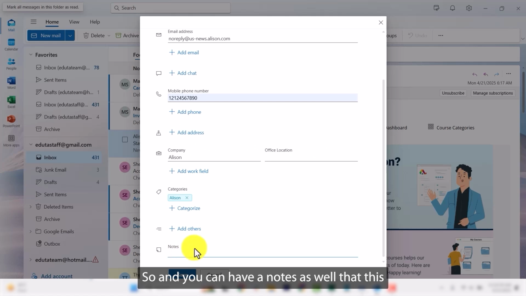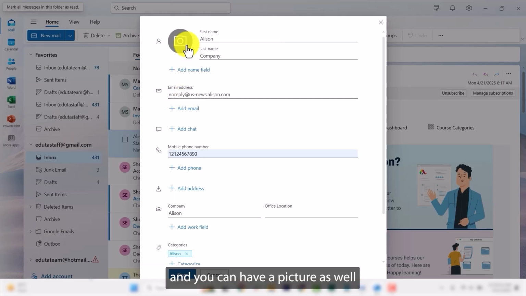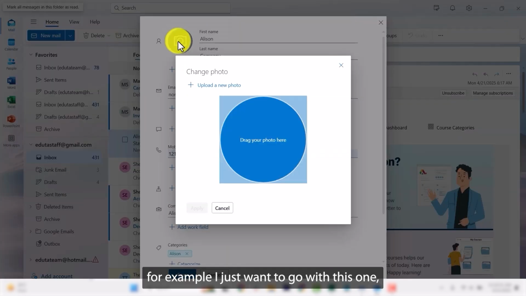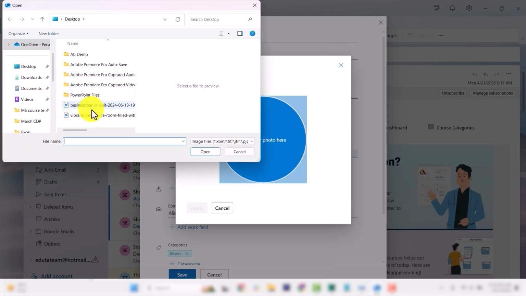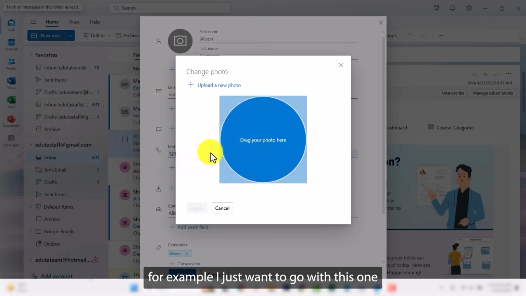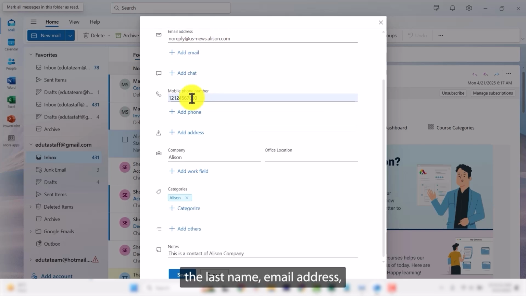And you can have a note as well, that this is a contact of Allison company. And you can have a picture as well. For example, I just want to go with this one. Drag your picture here, upload a new photo. For example, I just want to go with this one, apply. So we have changed the picture, the first name, the last name, email address, mobile number, and company as well. And you can just click on this save,